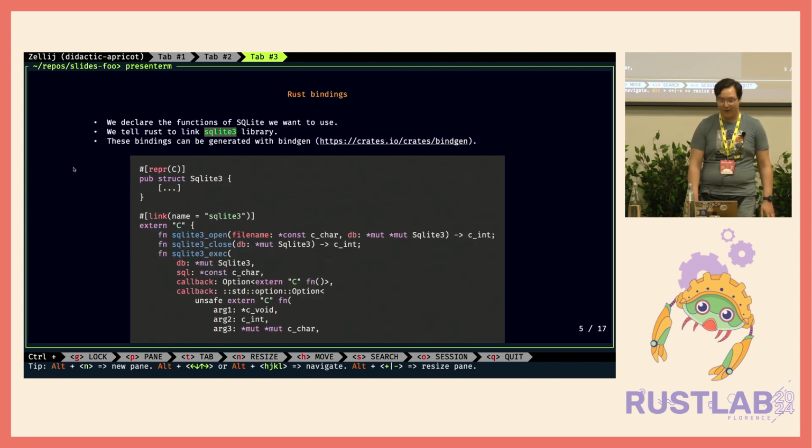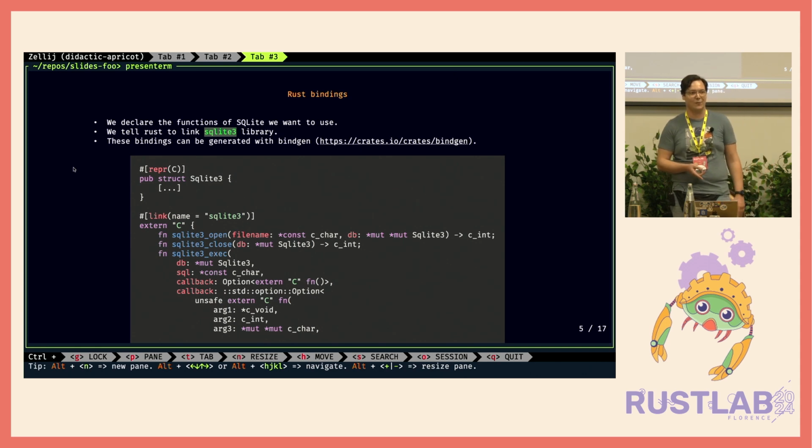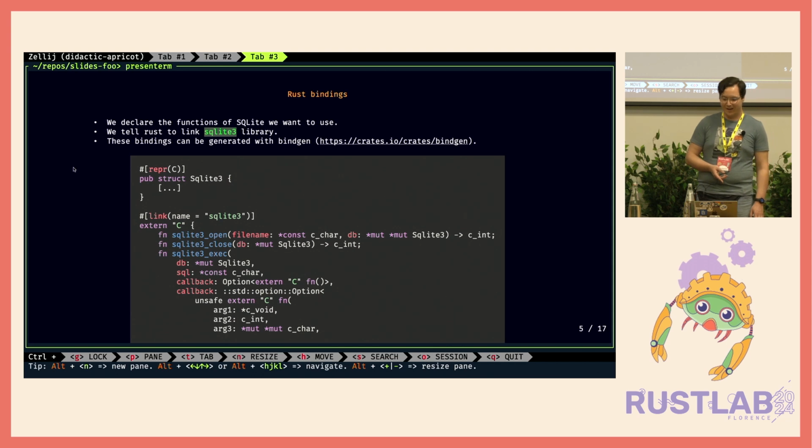And first question for you: how many of you have a C background before you started with Rust? Okay, well,